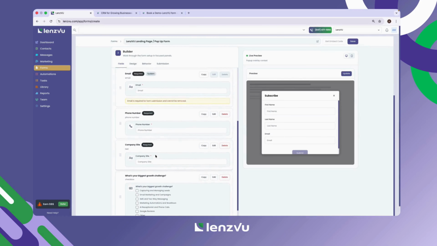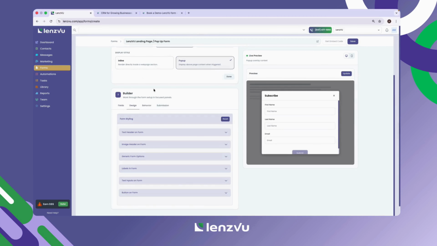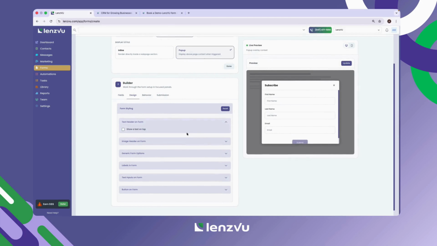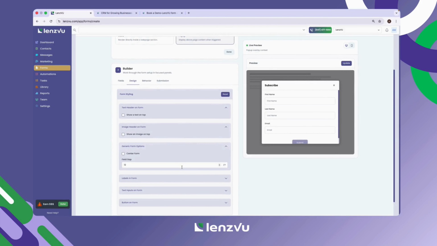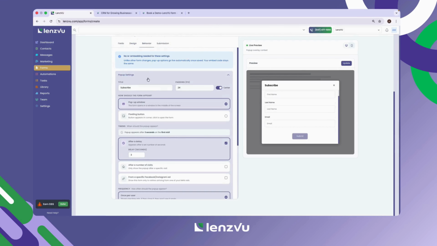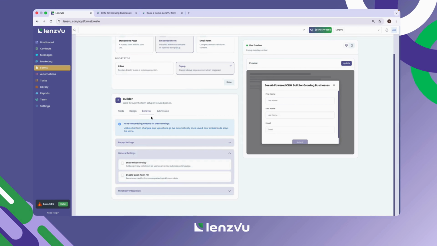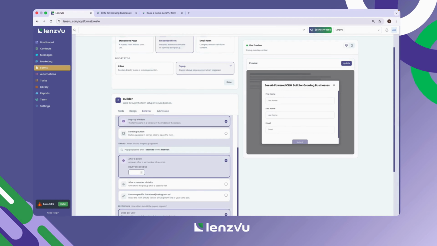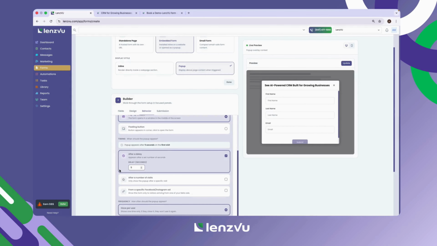Next, go to the Design tab. Here you can customize fonts and font sizes, border colors, images, overall styling, and branding. You can also adjust the form behavior settings, including form title, pop-up style, and delay timing before the form appears. For example, you may choose to display the pop-up after 5 seconds, although this can be adjusted based on your